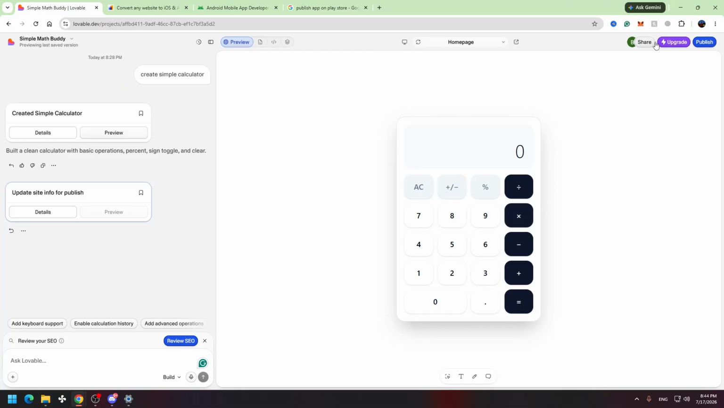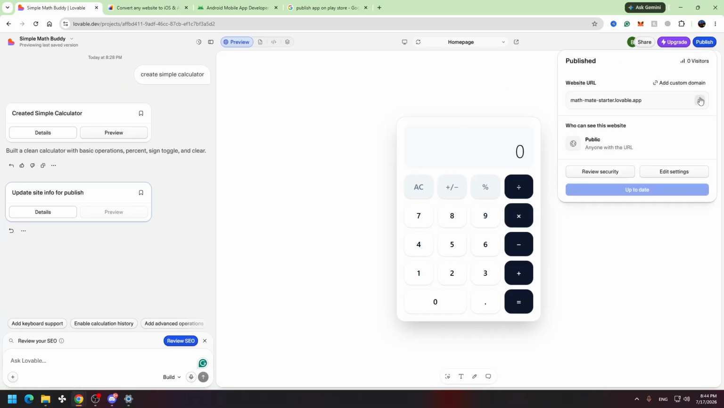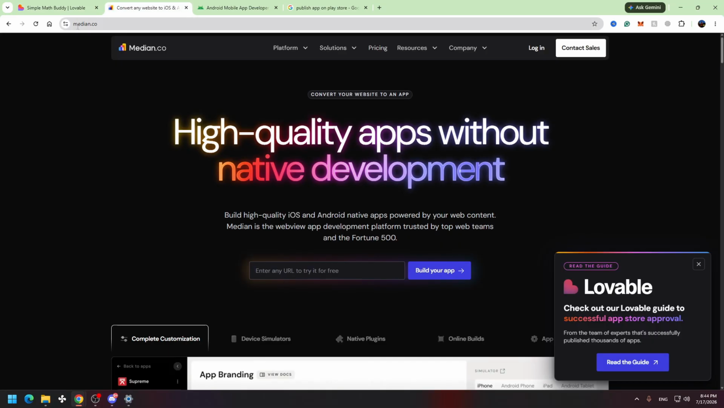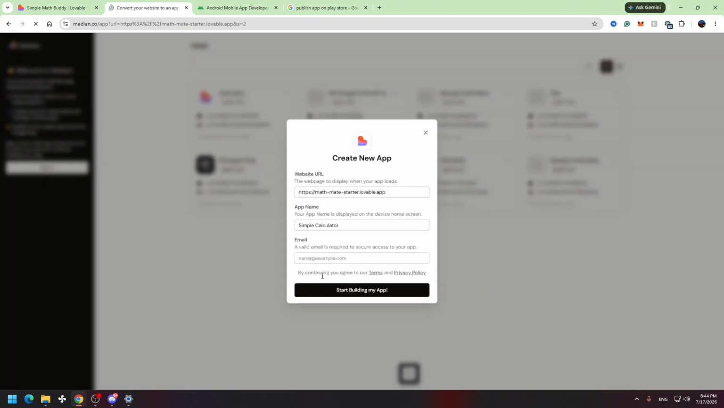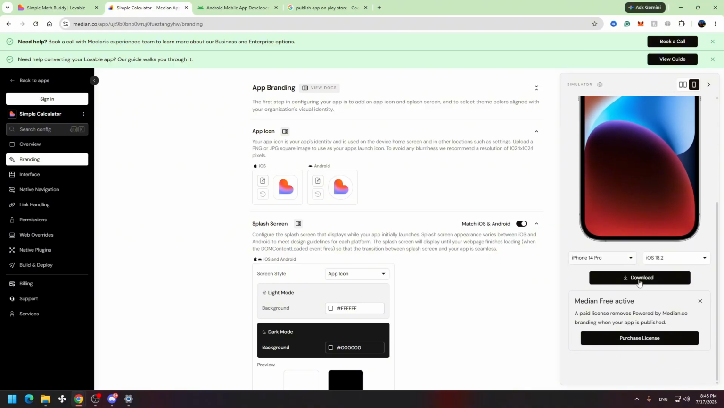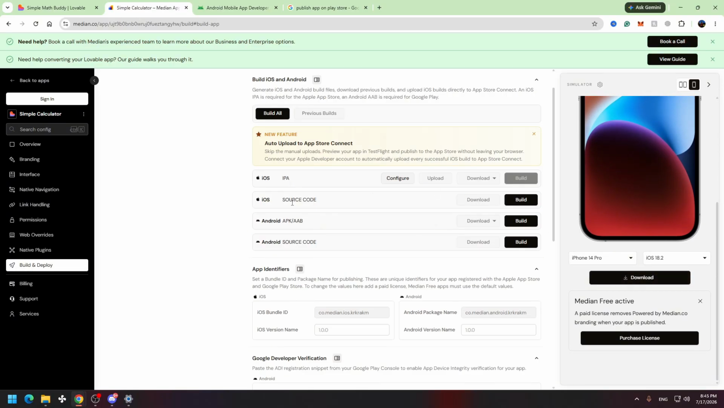So after you publish your app, you will see your domain. Copy your domain and open this website called median.co and paste your domain right here. Click build your app, enter your app name and enter the email address. Then click start building my app. After that, you need to scroll a little bit down and click on the download button right here and choose APK